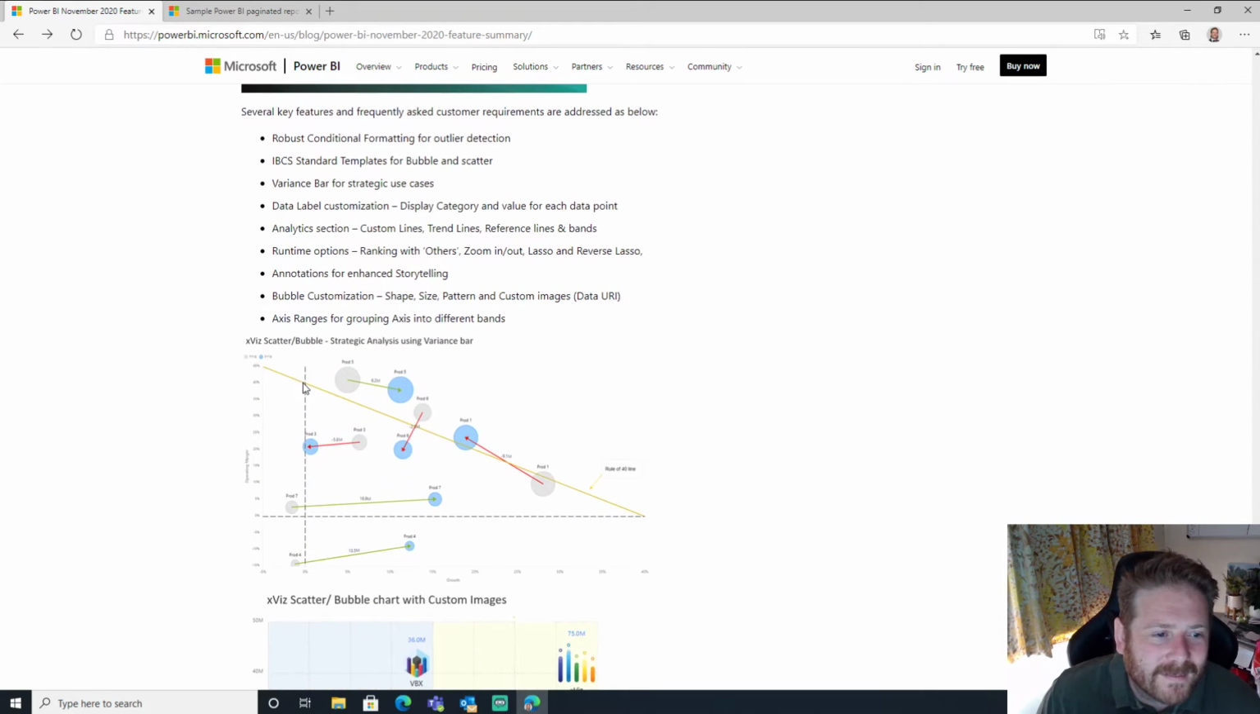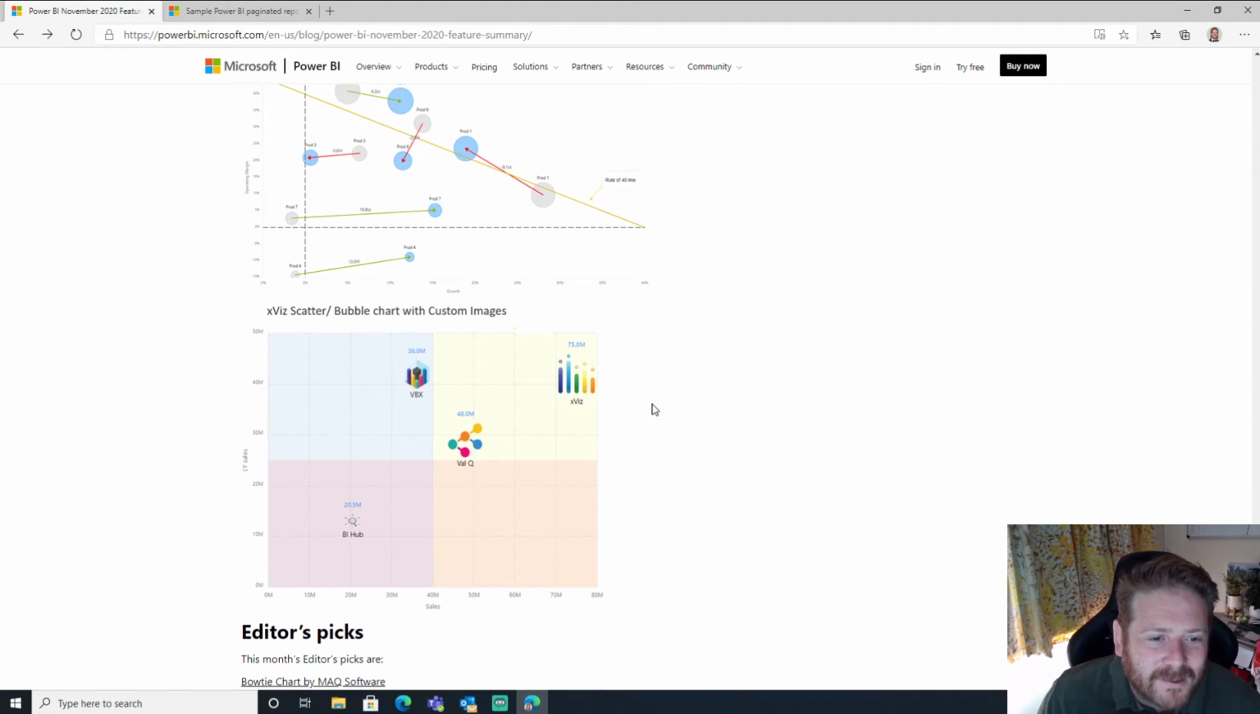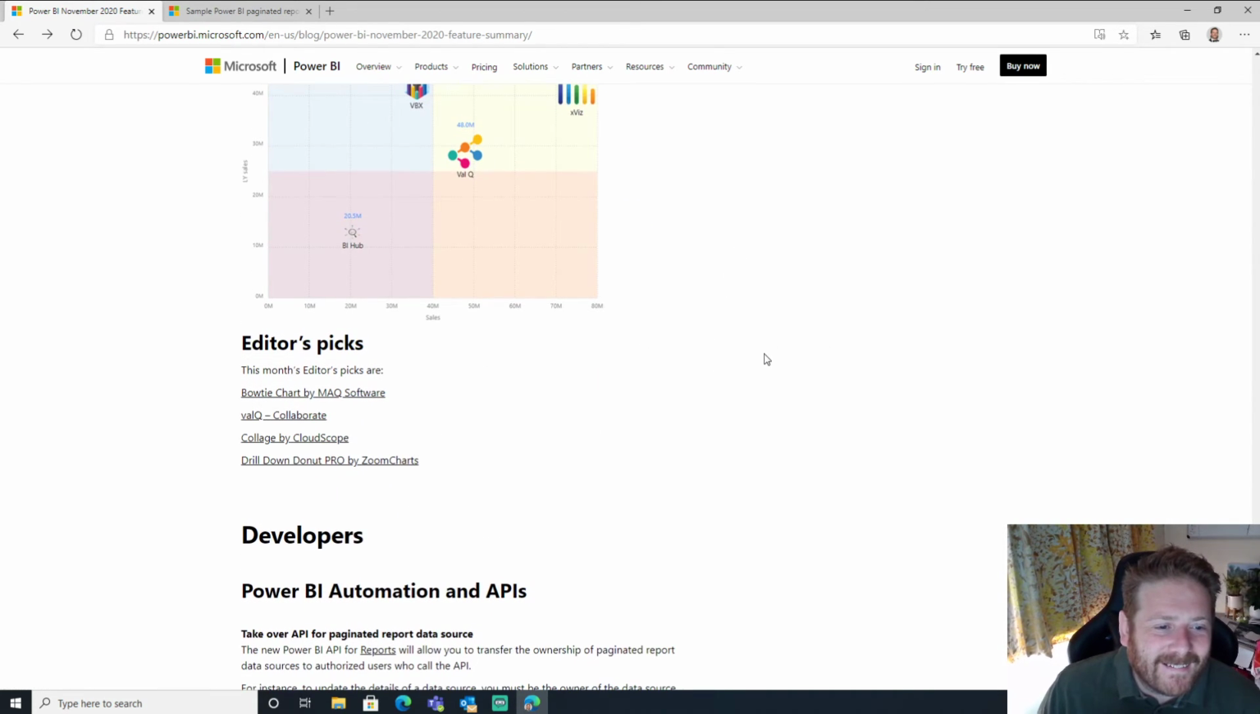Look at this thing, the XViz scatter bubble. Oh, it's showing the map. Oh, that's cool. Rule of 40 line. Wow, you can do all sorts of crazy stuff. It's a super scatter. Scatter bubble chart with custom images. You can show the little logos. Oh, now we're going to see. It's a magic quadrant. Quick, get our Microsoft logo in the top right corner. That's awesome. Bowtie, ValQ,